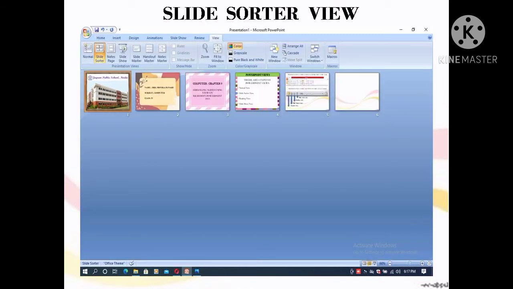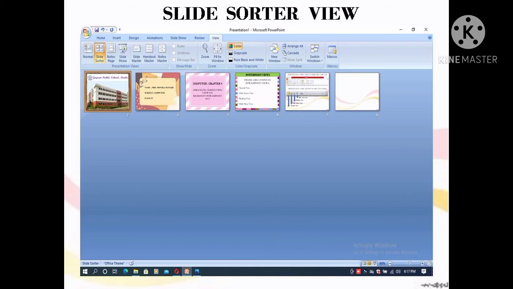Our second view is slide sorter view. The slide sorter view displays thumbnails of all the slides in your presentation. If you can see in the picture, in the slide sorter view, all the slides are available in one line. In this view, you can change the order of the slides by clicking and dragging a slide.